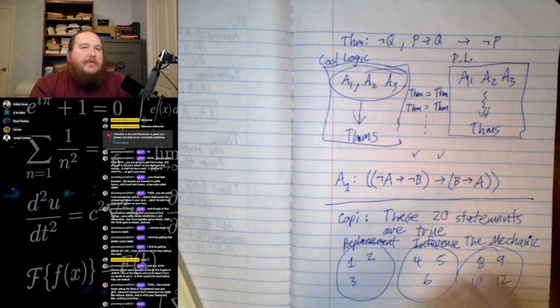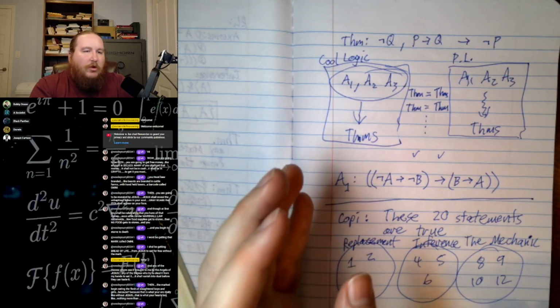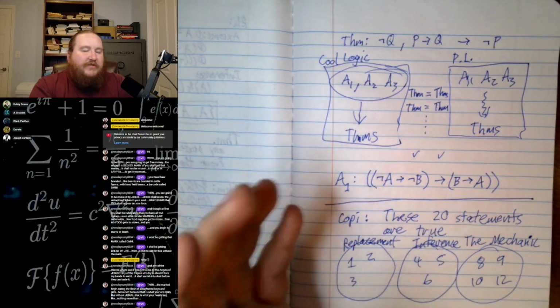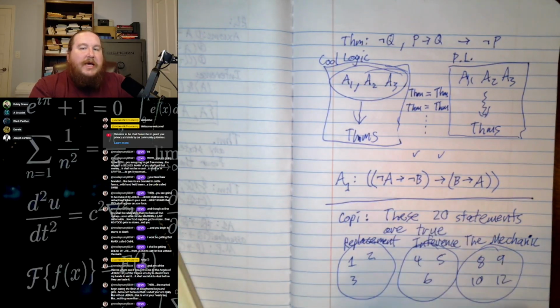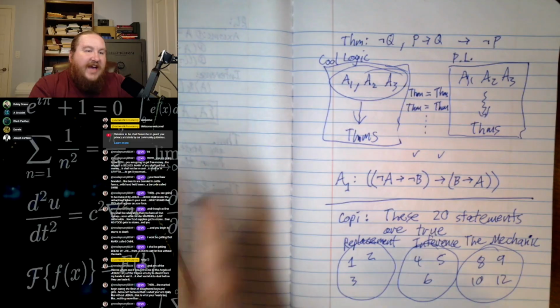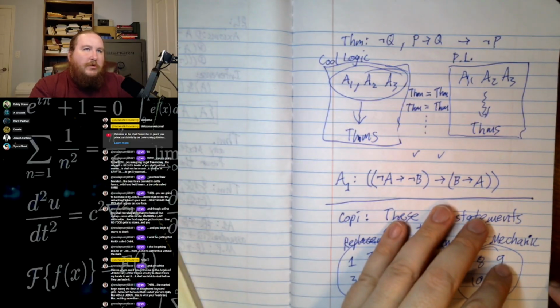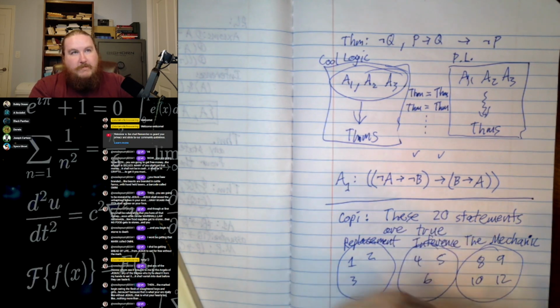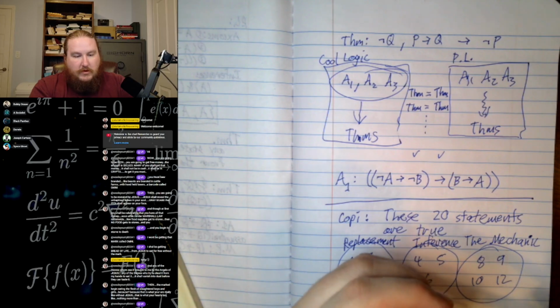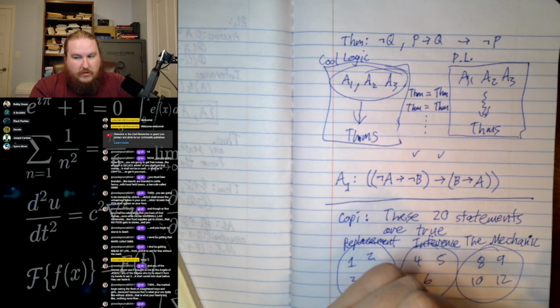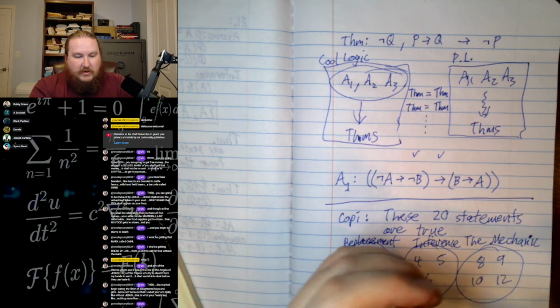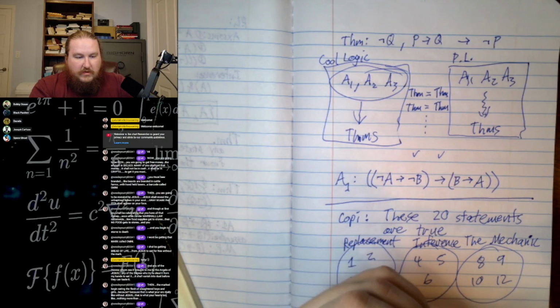So the only time a statement in propositional logic is actually true in the real world has nothing to do with the derivation of it in a logic system. It has to do with the fact that there's a ton of evidence for its truth in the real world. But I'm not sure. When you say truth in the real world, are you talking about it being reliable? Evidence, yeah, based.